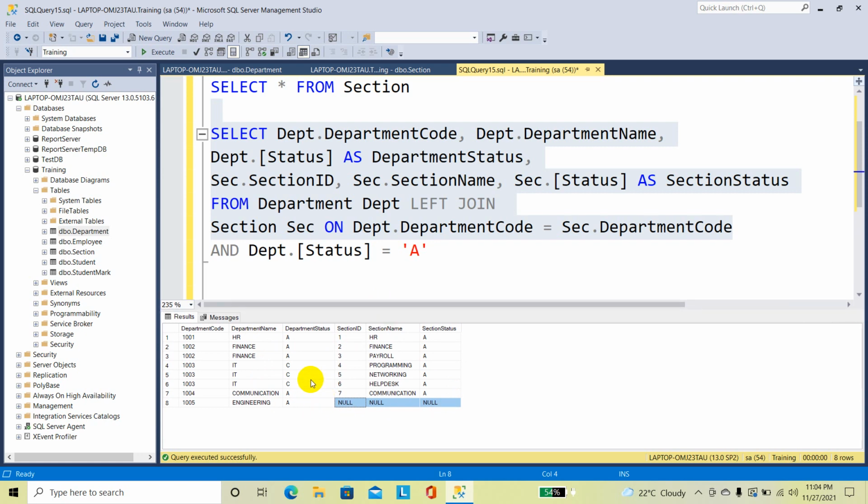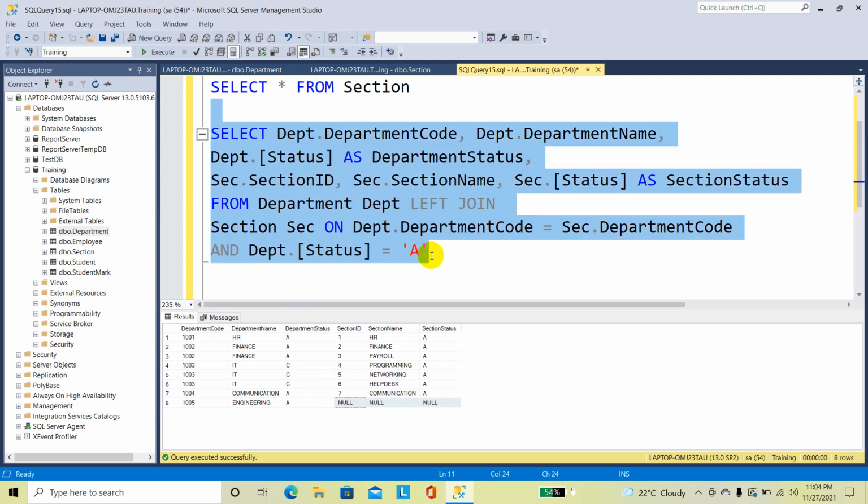So once I execute this one, we will see. So this AND condition will work with the left join. So first I will take up to this one, then I will execute.